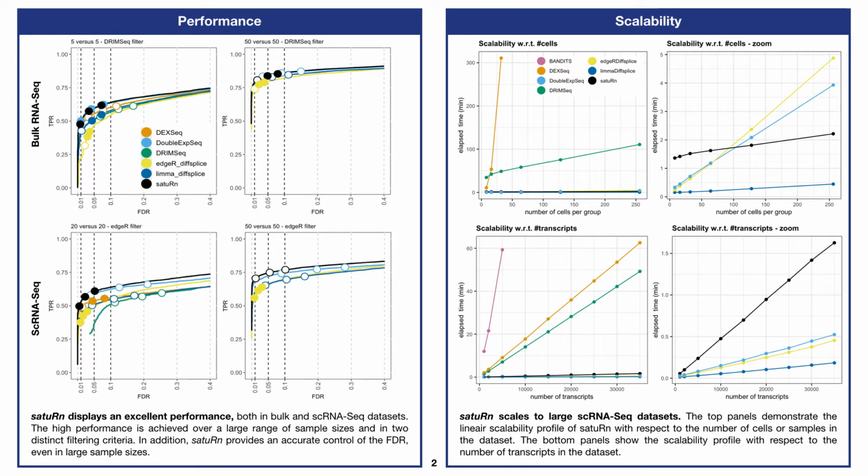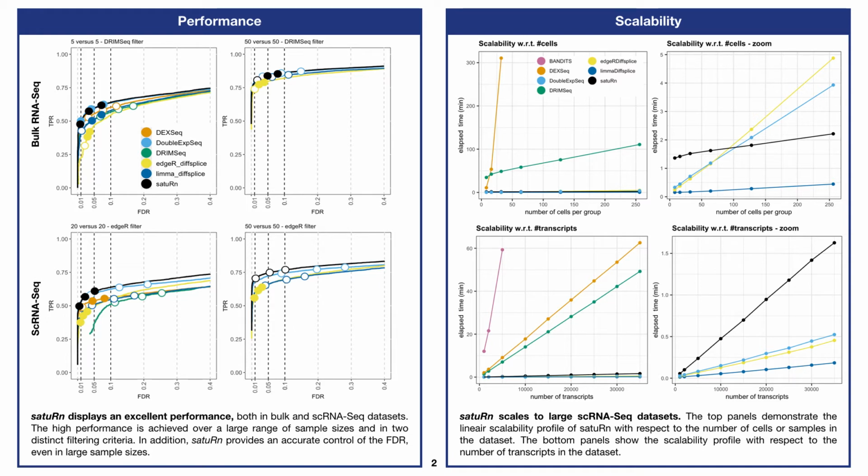We assess DTU in a 2-group comparison of 5 versus 5 and 50 versus 50 samples, respectively. The bottom 2 panels are benchmarks based on a real single-cell dataset that were filtered leniently with the filtering criterion from edgeR. Again, we assess DTU in a 2-group comparison of 20 versus 20 and 50 versus 50 cells,